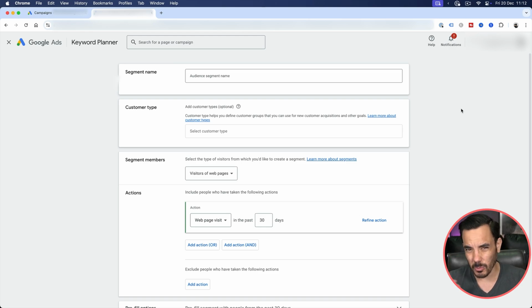Now, I recommend you don't actually use the pre-populated audiences, even if they look right. I recommend you go through this process and set them up yourself manually, because then you can be sure that they're correct. Sometimes the pre-populated audiences that Google builds for you are wrong. They're not set up the right way. So let's go ahead and build out a cart